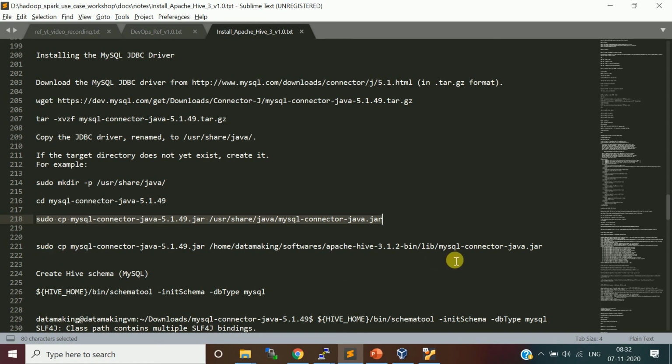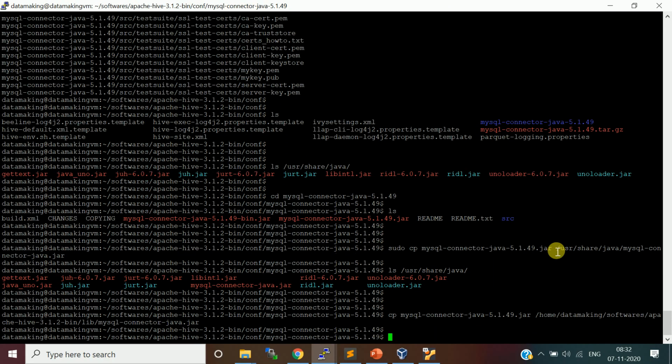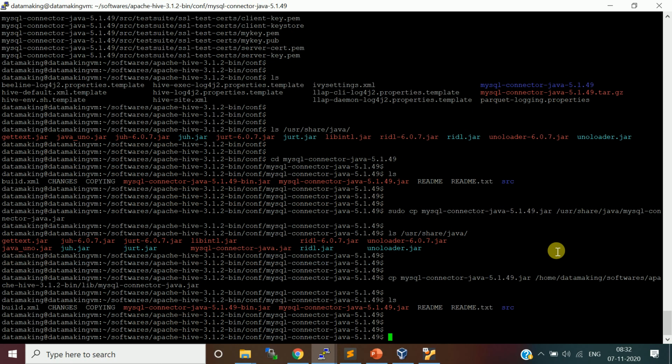Now we also need to put it in Hive's lib folder. So I'll run one more copy command. It is inside our Hive directory. I don't use sudo here. Okay, so this is done.